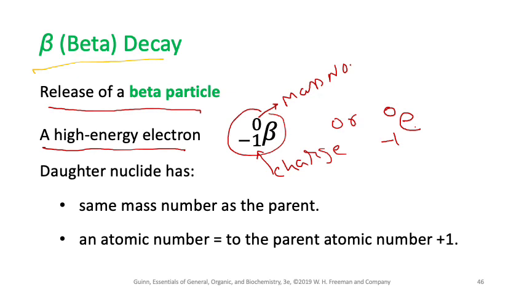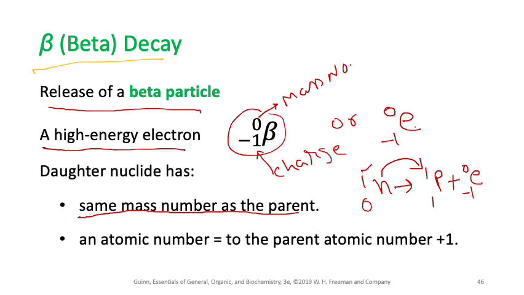So during beta emission, one neutron, 1 0, is going to convert into a proton, 1 plus, and you're going to get beta decay. So whenever you have a beta decay, what's happening in here? The neutron in the nucleus is converting into a proton. So that means during beta decay, the mass number is not going to change